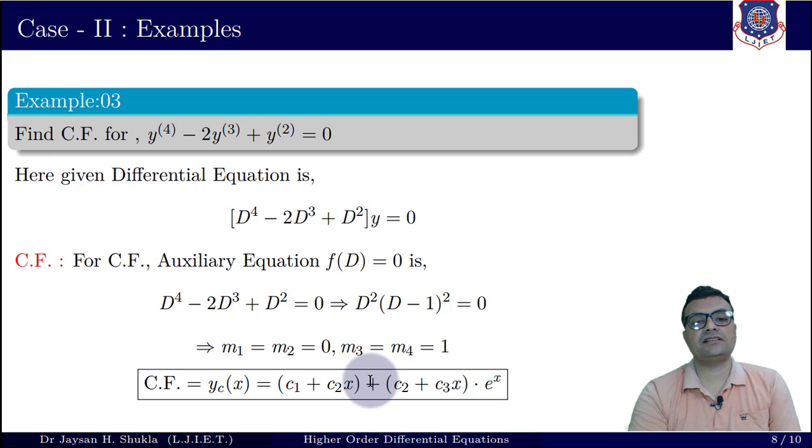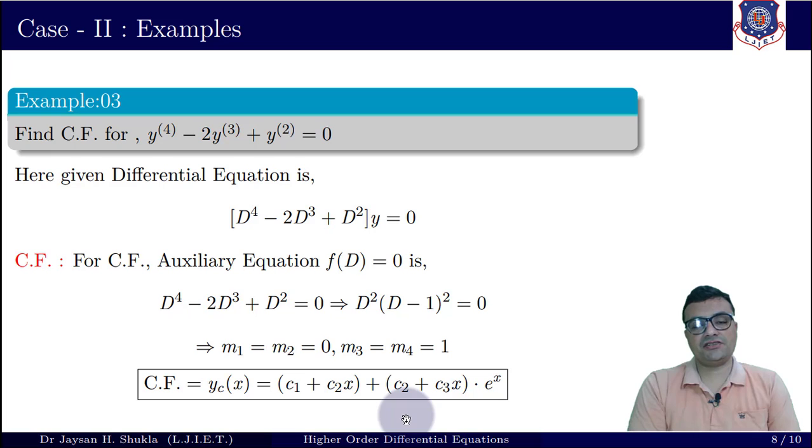Second is (c3 plus c4x) into e raised to x. Here I am taking the constant part. Again, as I told you earlier, you can take this as the first pair and this as the second pair. So this is how you can deal with real roots which are